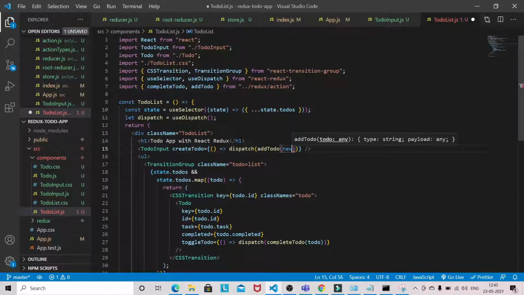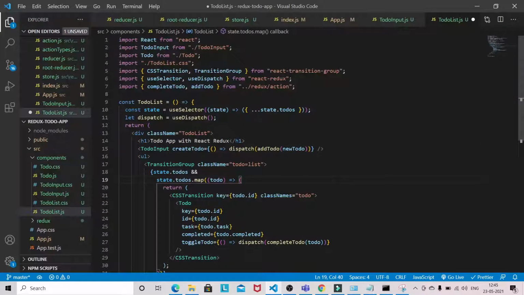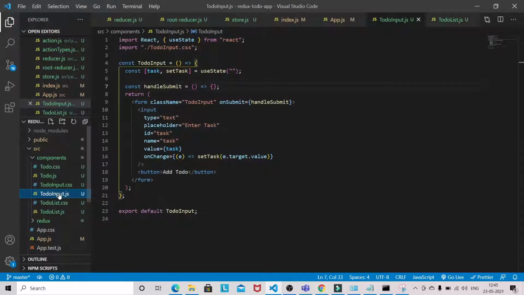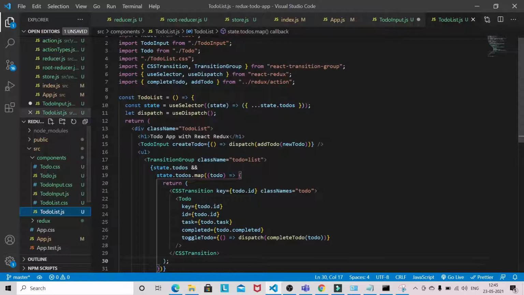This new to-do will be coming from our to-do input component. So this is the prop which we are sending from here, create to-do.